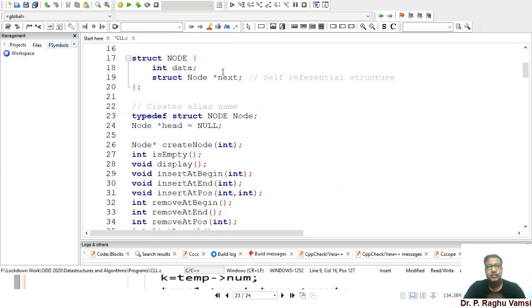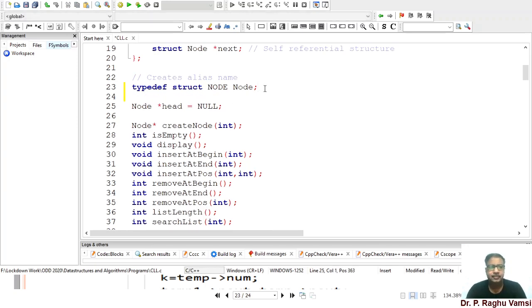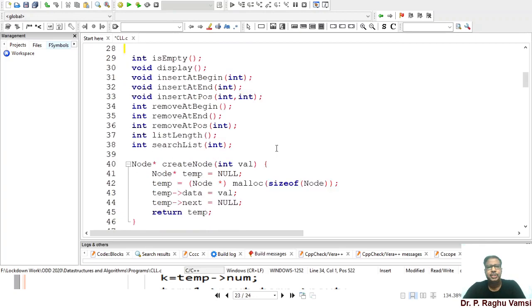Here there is no difference in the structure of the node. The structure of the node is the same, and we also require a head node. The head node declaration is the same, and we require node star create node, the same function. Is empty, display, insert begin, insert end, insert position.